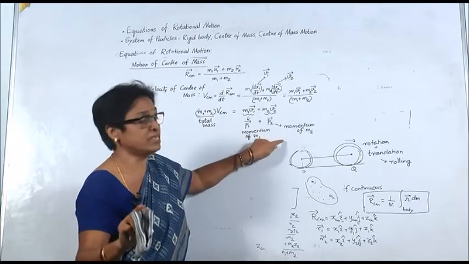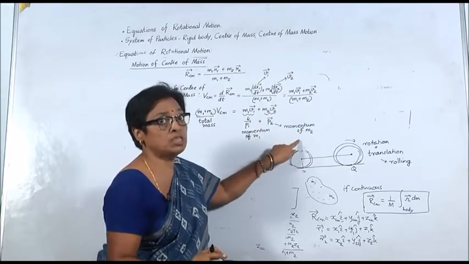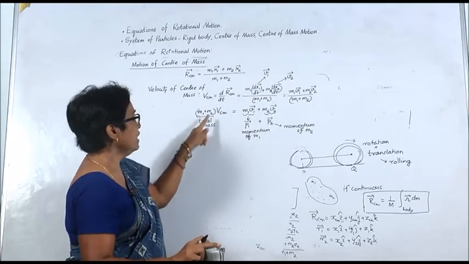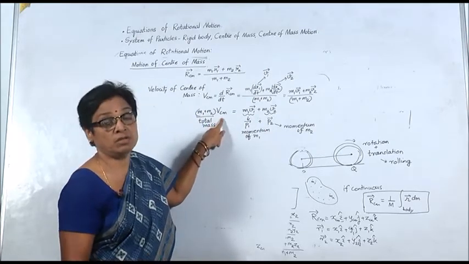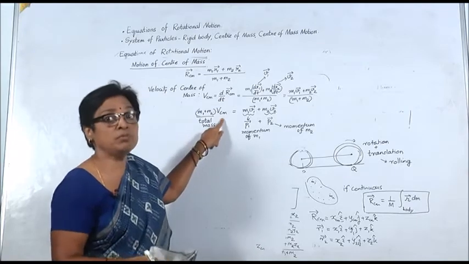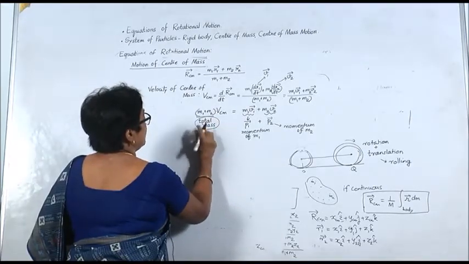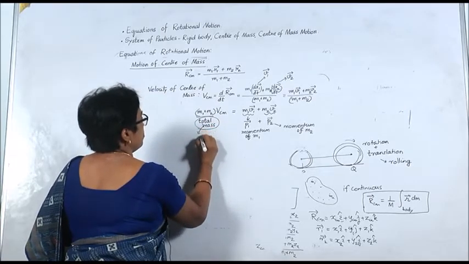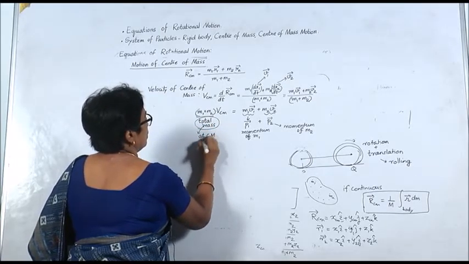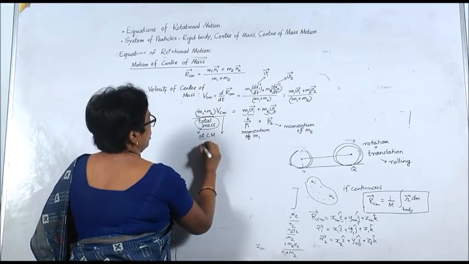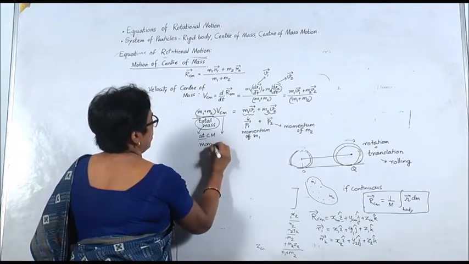So, you have added this. The total momentum of the system is equal to total mass into velocity of center of mass. That means the momentum of the center of mass. If I consider that this total mass is at the center of mass, then this quantity represents the momentum of